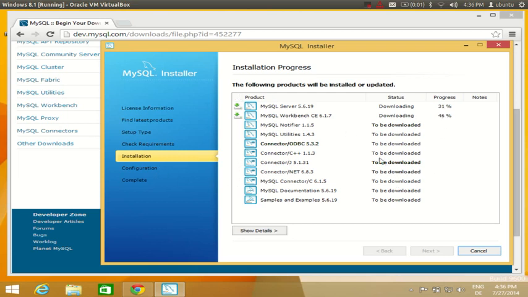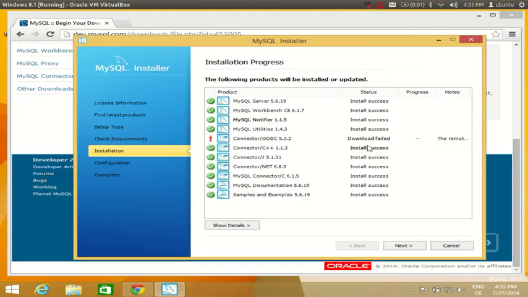So I will pause the video here because it's downloading all the tools and there is not much happening here. So once all the downloading of the tools is completed, I will unpause the video and I will go further. Okay. So now all the downloads and installs are complete, so I will click next,